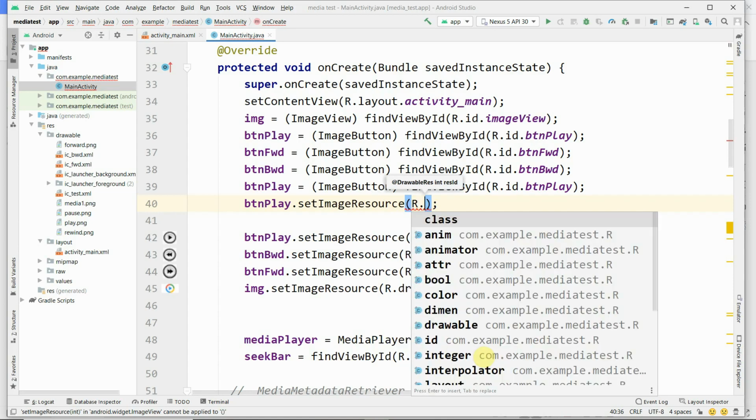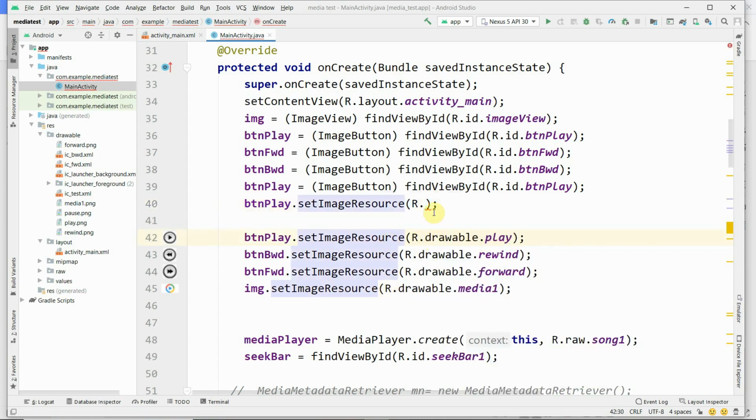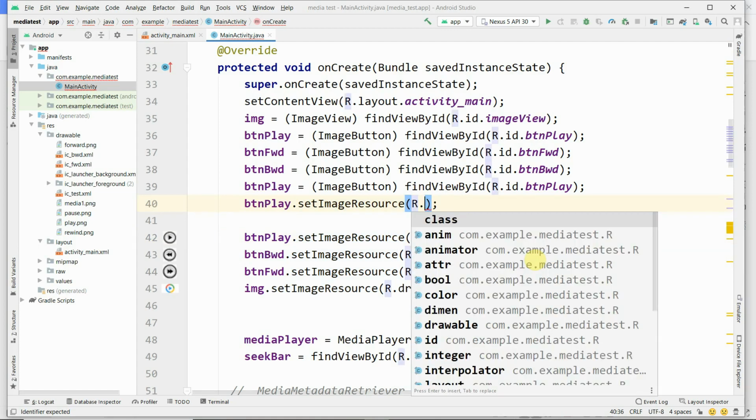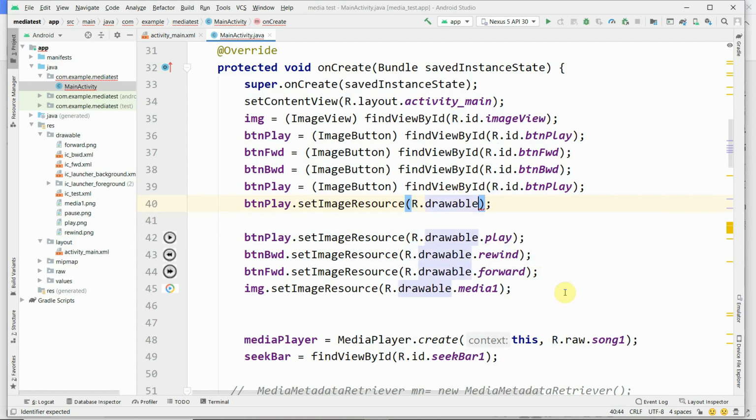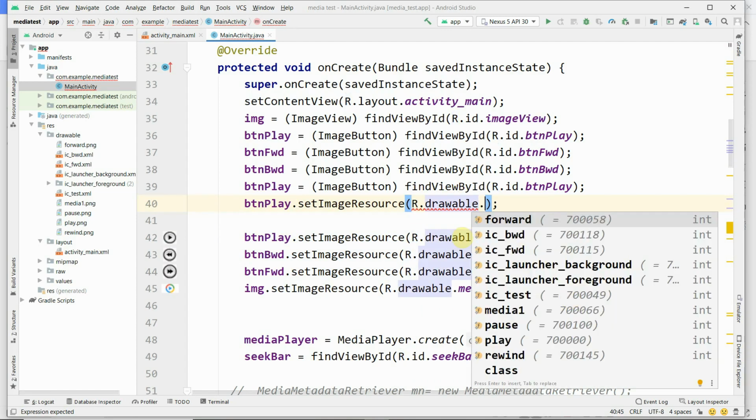Okay, and from which source you want to set, you are going to set from the drawable folder. Therefore R dot, and you have to select drawable. When you press d, it allows you to select drawable. Then when you press dot, it gives you all the images which are available in the drawable folder. From this you can select a particular image, either forward, play, or backward.